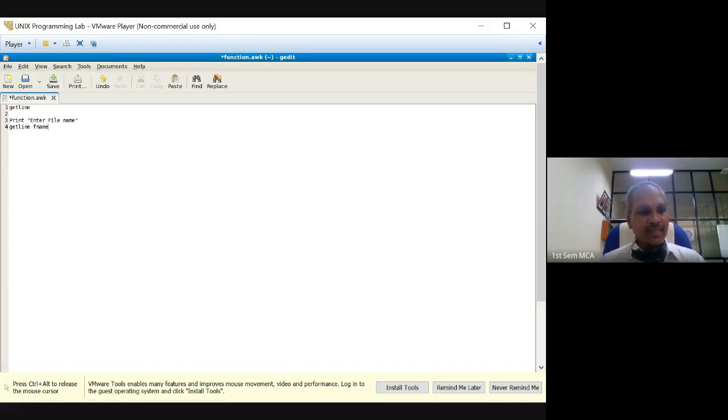So the purpose of read in shell script was to take interactive input from the user. In the same lines, we have getline, which is going to get the data from the user as and when the awk script executes. That is the difference between read and getline. Read is specific to shell, whereas getline is specific to AWK. Purpose remains the same. This is one point I wanted to cover because it is part of the syllabus.